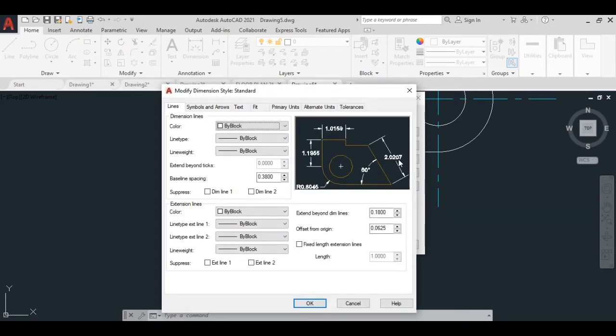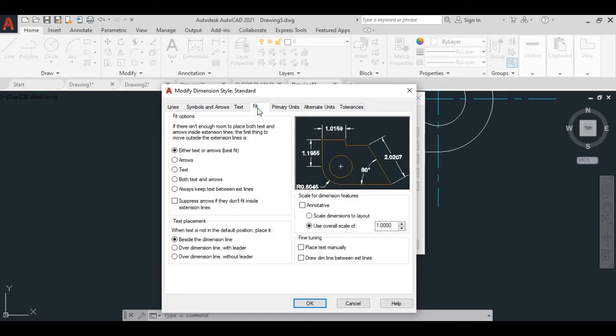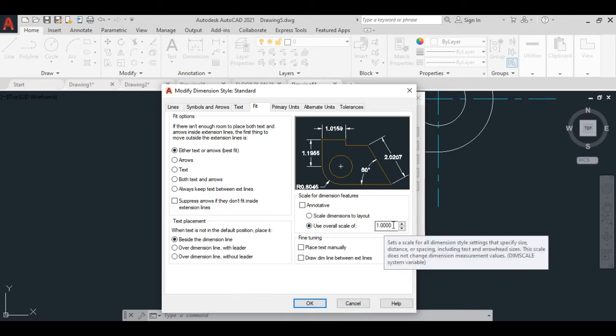and see the modify dimension style standard. Now you can see here the changes you can make. First of all we'll go to the fit option. Click on the fit option, and now go to use overall scale of. Here it is 1 by default.